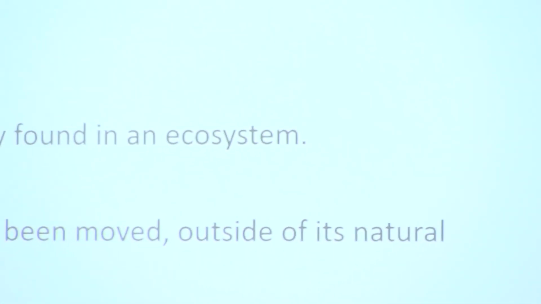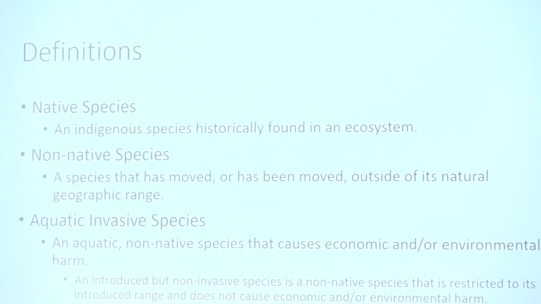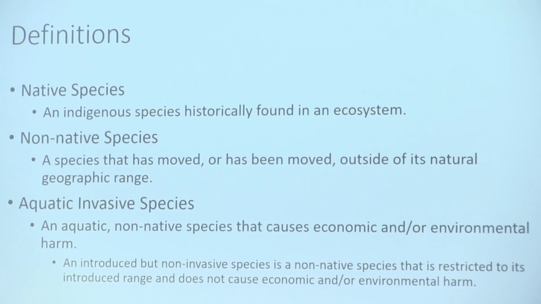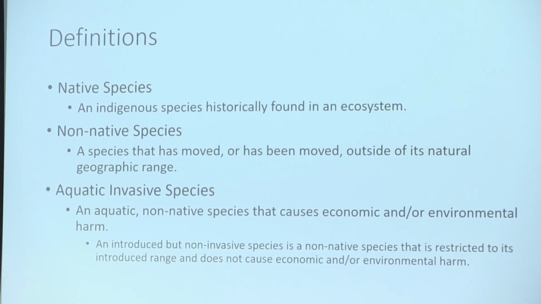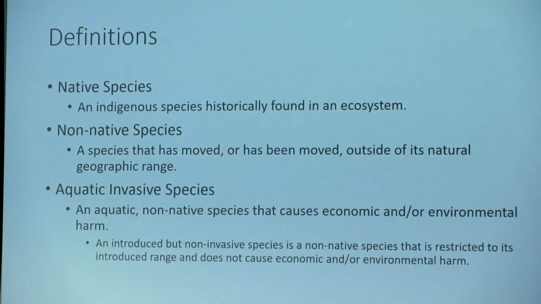Okay. So just to begin with the boring definitions, right? So a native species is something that is indigenous to an ecosystem. It has its niche, it's supposed to be there, it has a job that it's doing, and it's part of that whole web that kind of keeps that ecosystem stable. When a non-native species moves in, it also finds a niche that it can occupy, and it does this to various degrees. So sometimes we have an aggressive species, which becomes an invasive species.